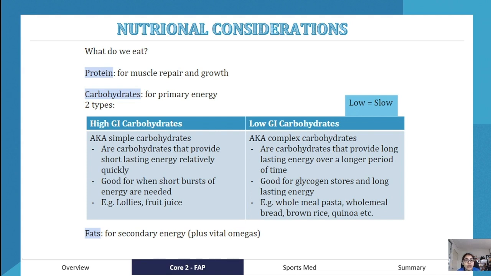In comparison, low GI carbohydrates provide long-lasting energy over a longer period of time, and they're really good for glycogen stores. And as you would know, we need glycogen stores, for example, in our lactic acid system. Now that I'm talking about the lactic acid system, I just quickly want to reiterate that all three energy systems are working together. Your body doesn't go, okay, I'm just going to use the lactic acid system. You use one and then you seep into the next one, then you seep into the next one. So obviously we need PCr. Any athlete who is a sprinter would still have carbs that can be used for